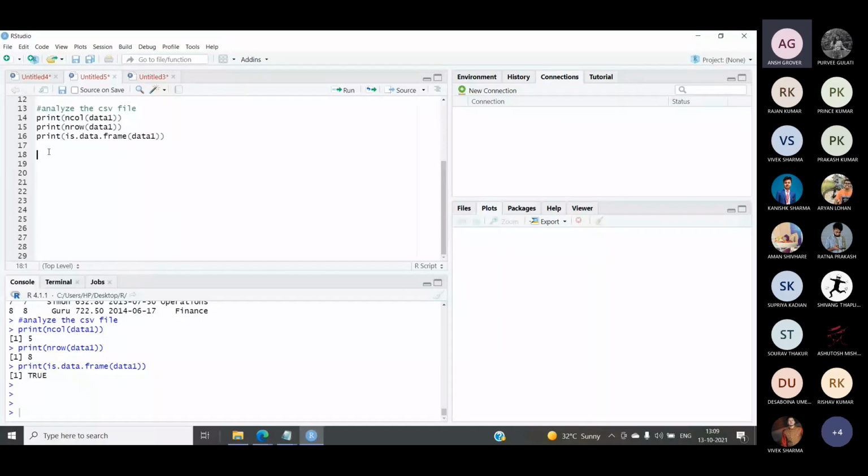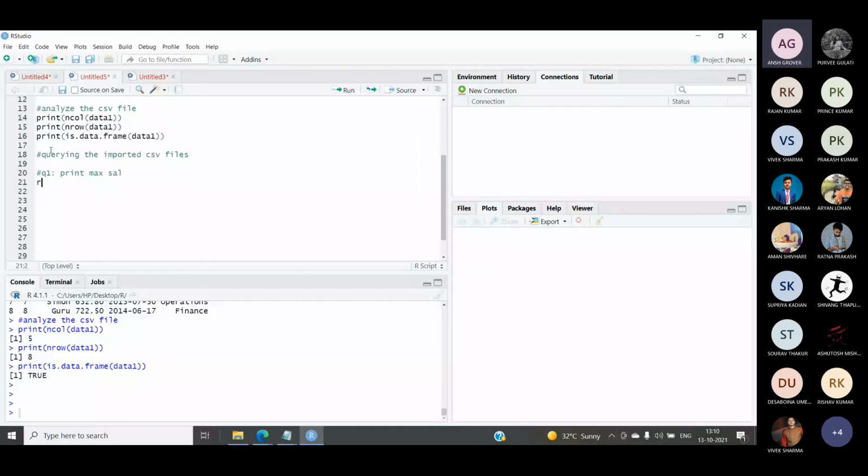Now let's perform a few queries on this, that is, querying the imported CSV file. The file that we have imported, we will perform certain queries on this. So let me call this query number 1. My first query says I want to print the maximum salary. And for that, let's call all these results Q1 result.